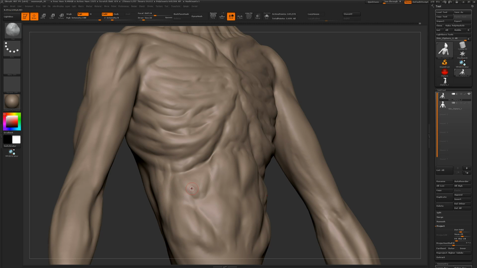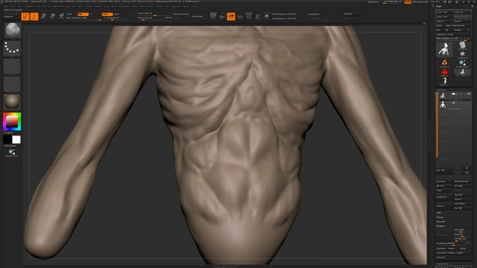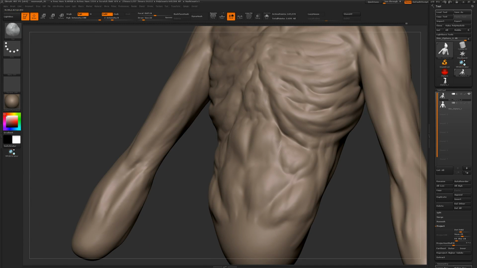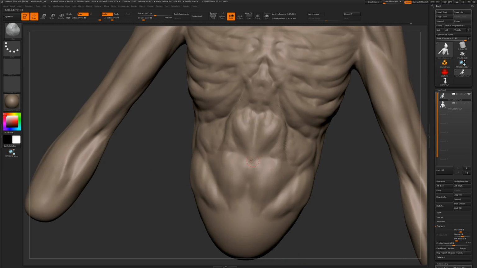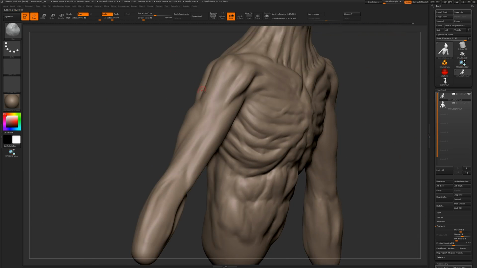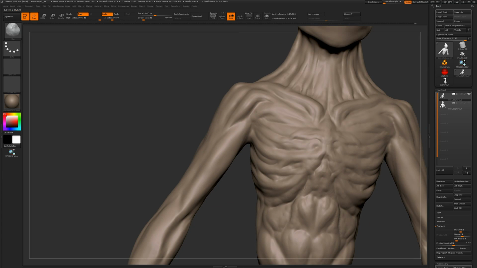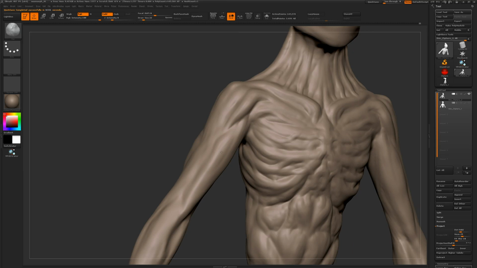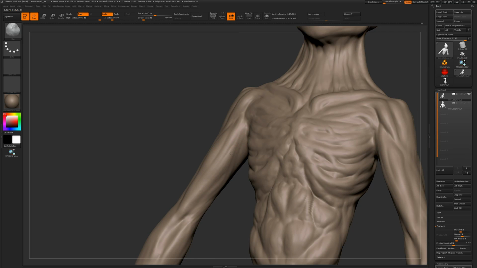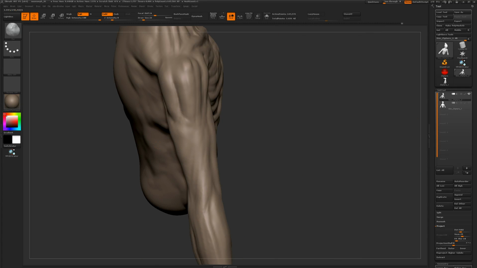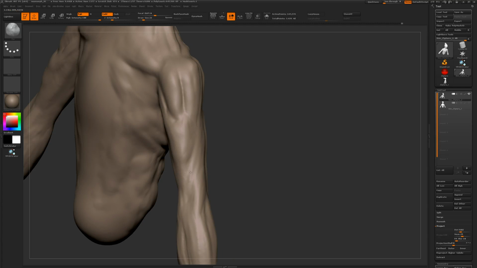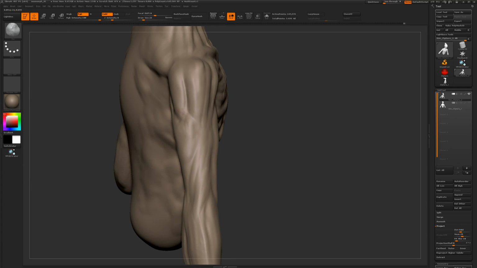Yeah, I'm just winging it, really just going with the flow, just doing stuff that may look nice to me. And I'm not too bothered with the abdomen area, because it probably won't be visible in the final image. But instead I put a bit more effort on the arms, because they are quite visible, and